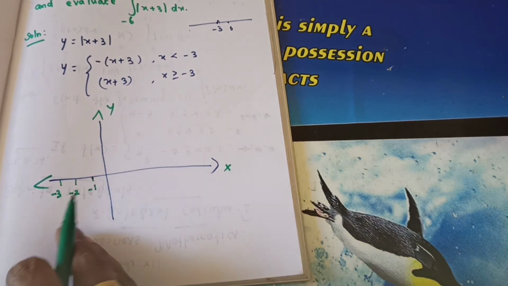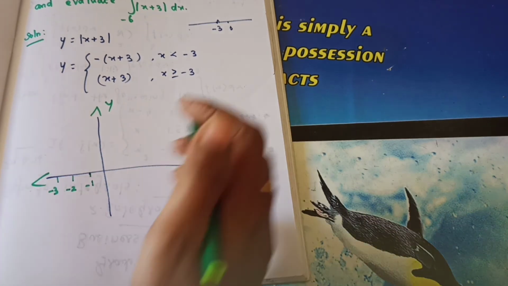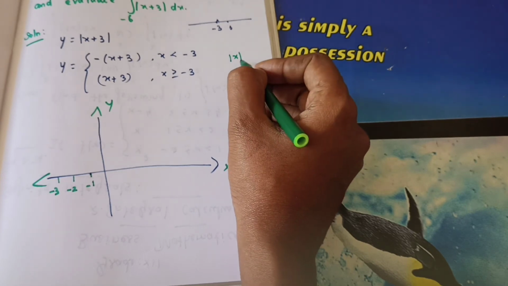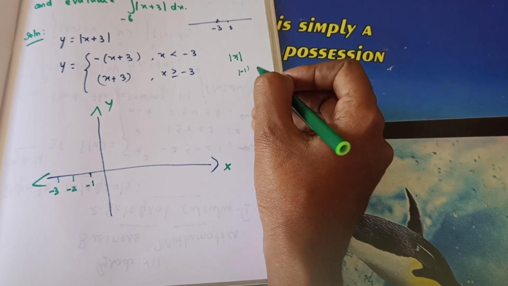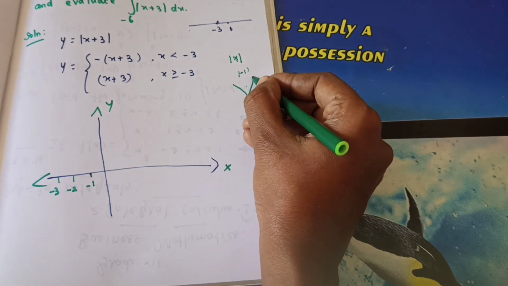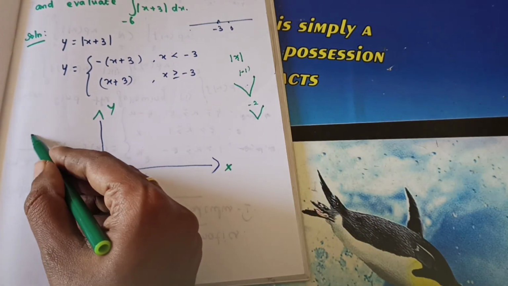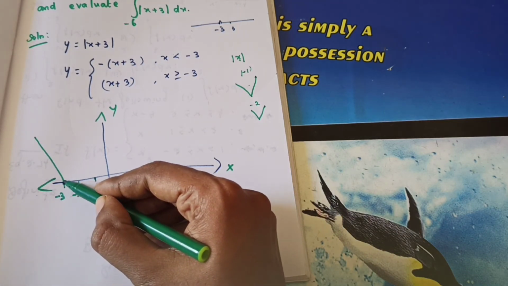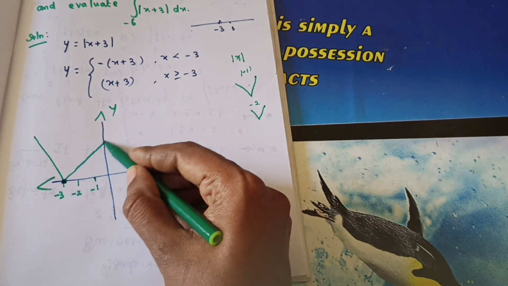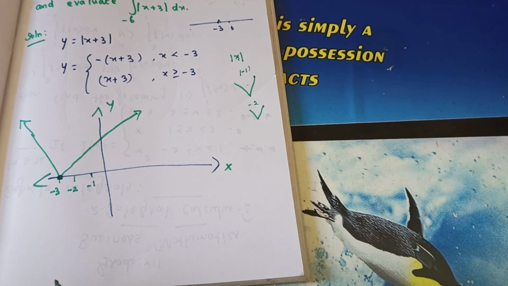If it is modulus of x minus 3, like that, mod x, in 10th standard you have learned one problem. Mod x means if the x value is minus 1, in the place of minus 1 you will get a V shape. If it is minus 2, in the place of minus 2 you will get a V shape. Same as this one, it is minus 3. So the x value is minus 3, and from there, at this minus 3, you will get a V shape. Understand? No need to confuse everything. So 1 V shape you will obtain.